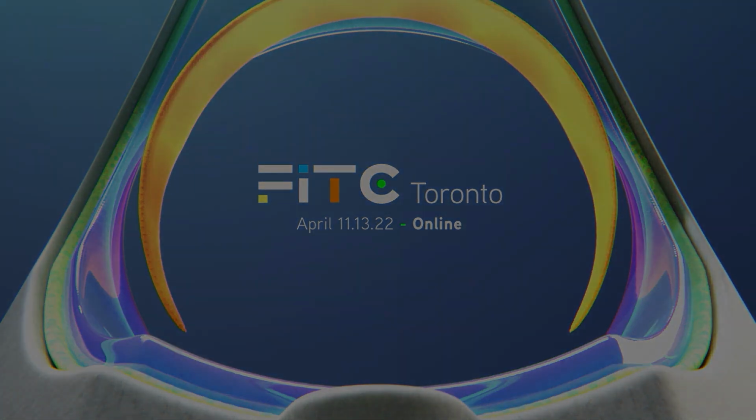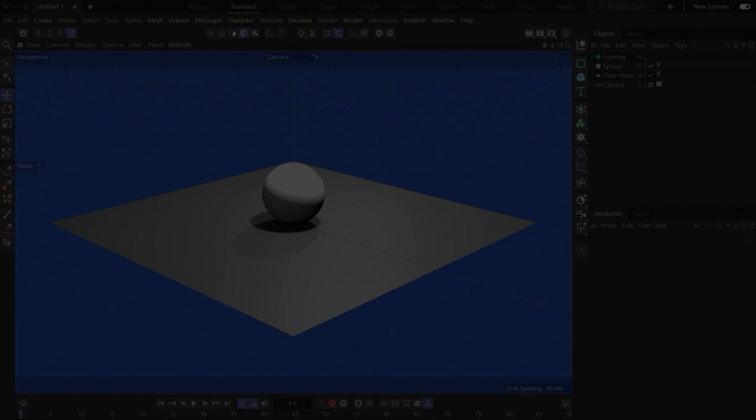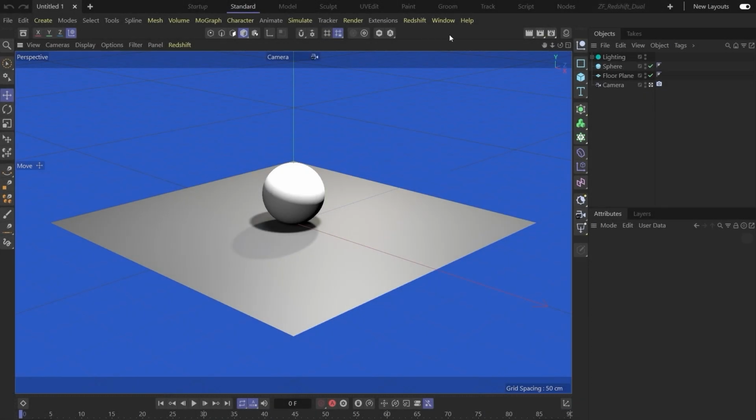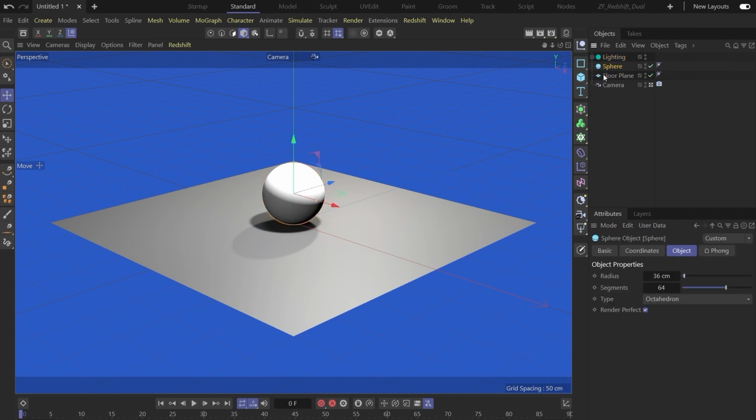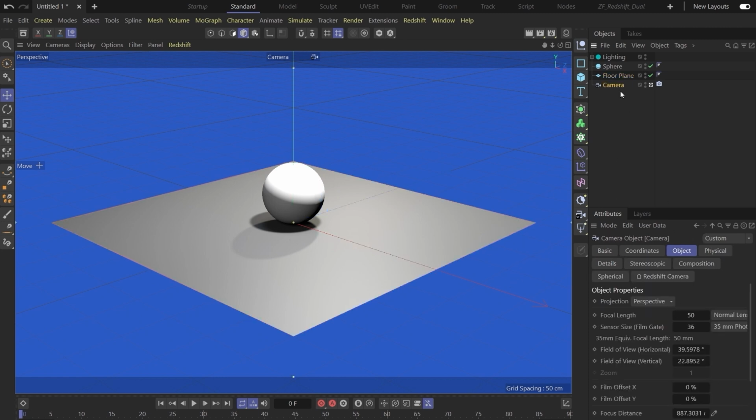Let's go ahead and open up Cinema 4D, which we've got open here. And as you can see, I have a default scene that is probably a little different from your default scene as you're opening up. And the reason for this is that when I open up Cinema 4D, I like to have a very basic lighting setup. Just a simple object I can throw some materials onto to check them, floor plane just to give myself a little bit of that and a camera setup.